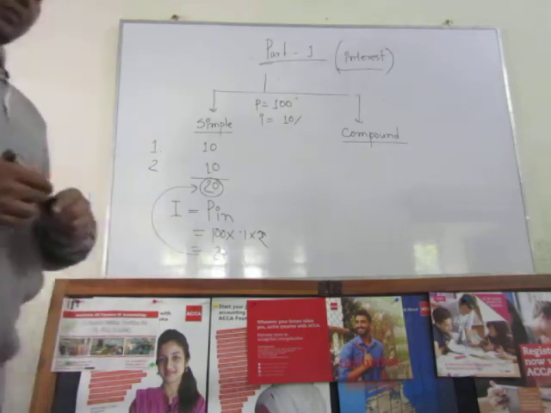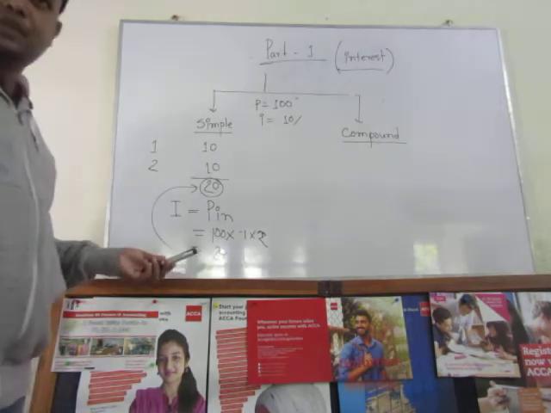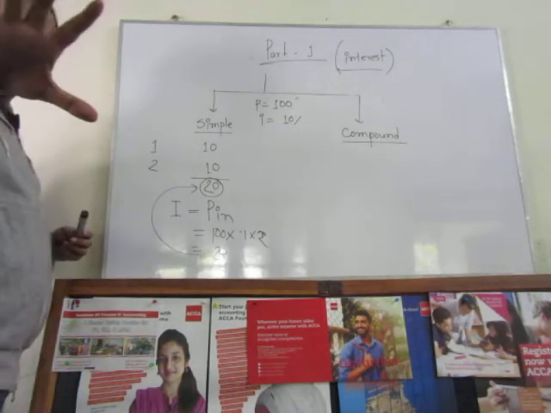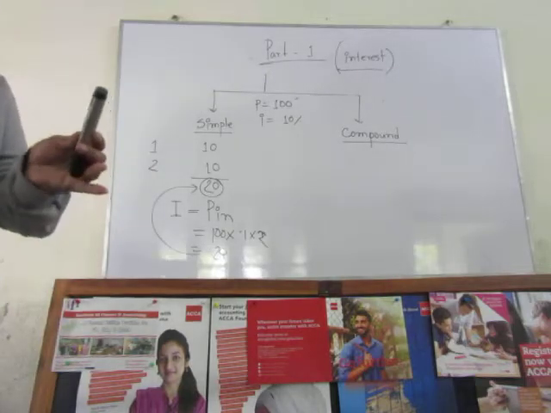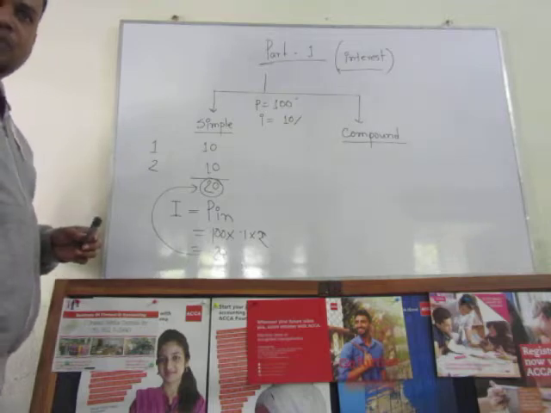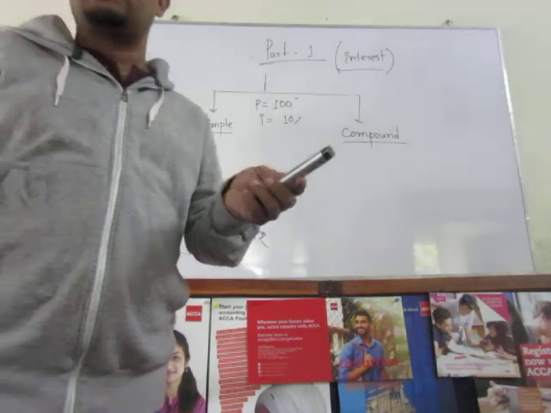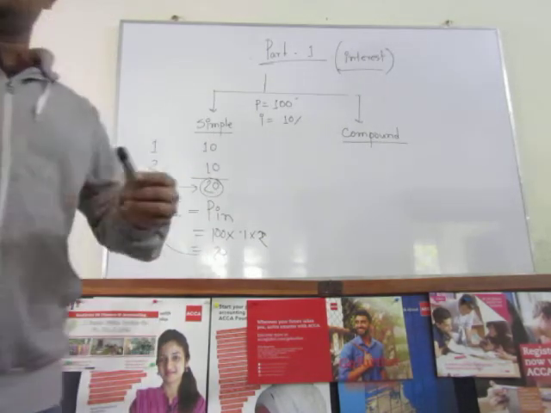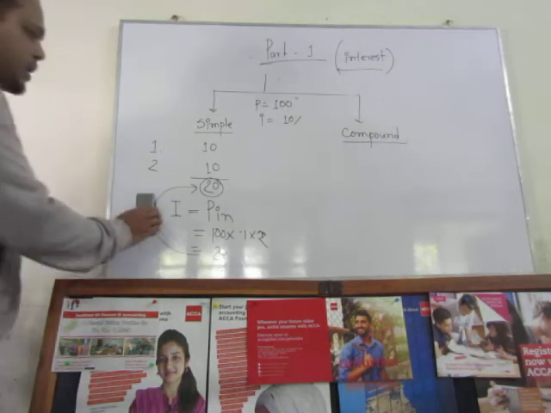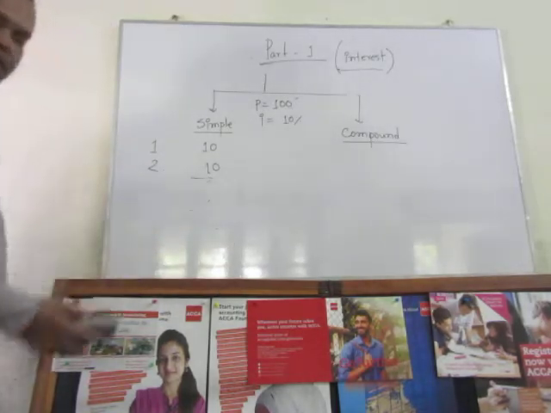So if you want to know how much your total sum is at the end of 2 years in the case of simple interest, your investment is already 100 in the basket. Suppose the investment proposal is a kind of basket. In your basket you have already invested $100 and it accumulated another $20. So at the end of 2 years it will total $120, interest plus principal. Clear?